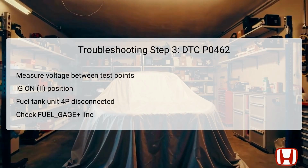During the third troubleshooting step, you will determine the possible failure area by measuring the voltage across specified test points, while ensuring that the ignition is in the on/2 position. Begin by making sure the fuel tank unit 4P connector is disconnected, which allows for accurate readings without interference. Focus on the fuel gauge plus line, which is critical for communication between the fuel gauge sending unit and the